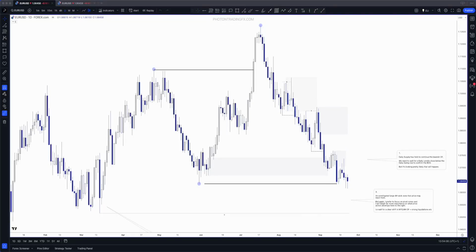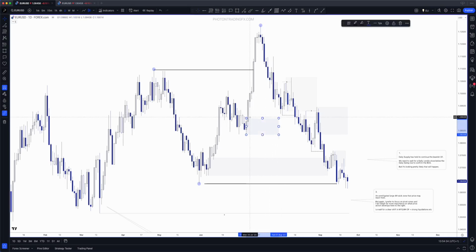Righty. Zones, unmitigated, mitigated. I think you're probably overthinking this a little bit, because it's not an exact science when it comes to whether or not we want to trade from it in the future. So, in a most ideal world, we would be trading from zones kind of like this. When I say most ideal, I mean purely in terms of